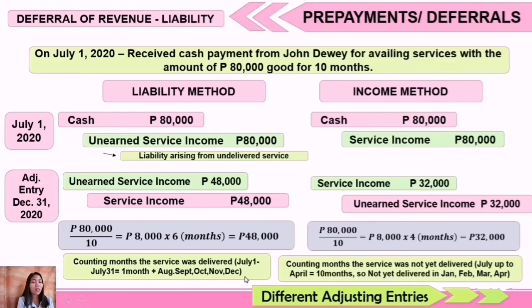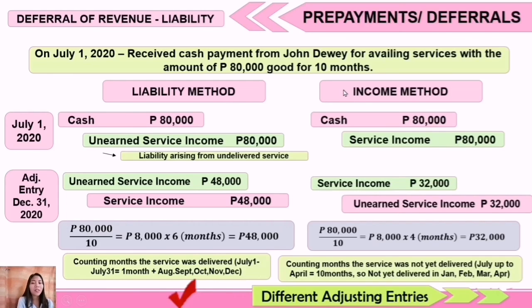Now if I were to choose again between the two, I'll choose liability method. So for me, an advance cash payment from the customer is really a liability because we need to comply. We owe him or her the service he or she deserved because of the advance payment. But again, it depends on the instruction in the example. And also, if you have encountered in the general journal the unearned service income, meaning to say it follows a liability method for that specific example. And then if the transaction is an advance payment but the entry is cash and service income, then it is